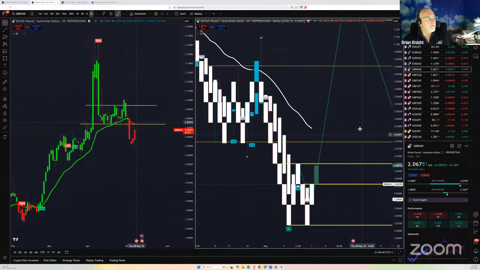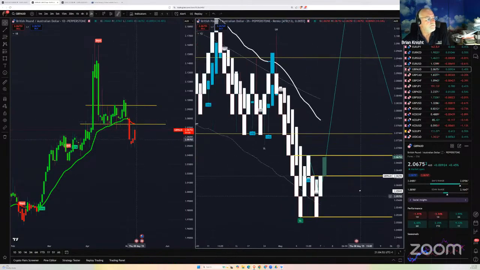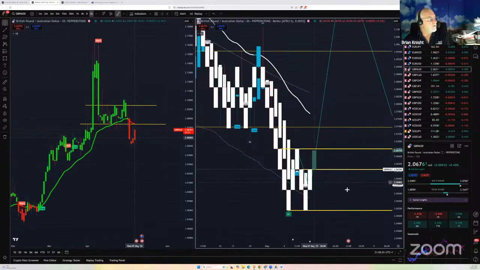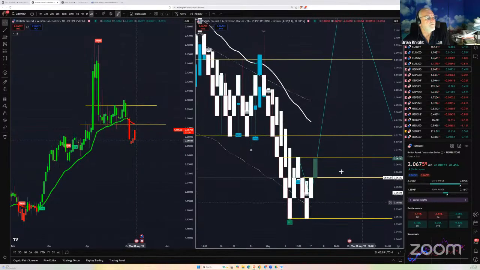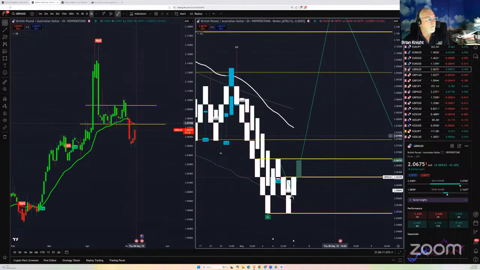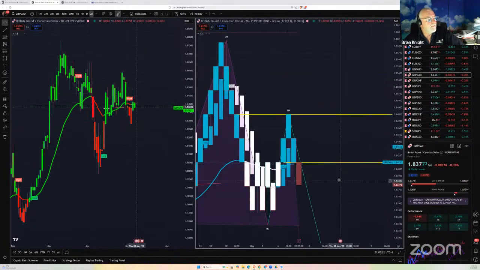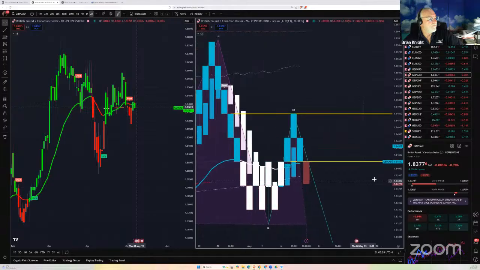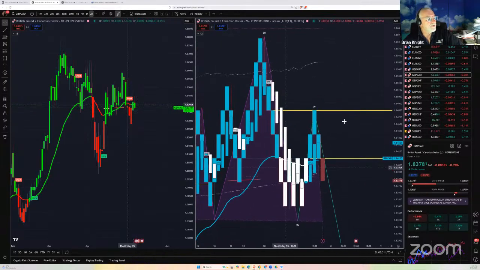GBP. Oh, okay. Got the long push, but then it came back down again, gave us a short, then back up again. Looks like it's sort of just working itself sideways a bit. Maybe up. We'll see. We'll have to get a change to get a blue Heikin-Ashi and some blue. Okay, GCAD. Oh, yeah, we had blue, but then it's pulled back down again. Bit of sideways.